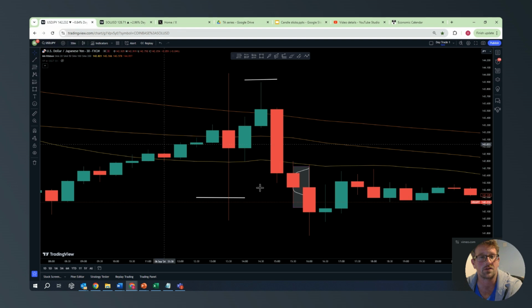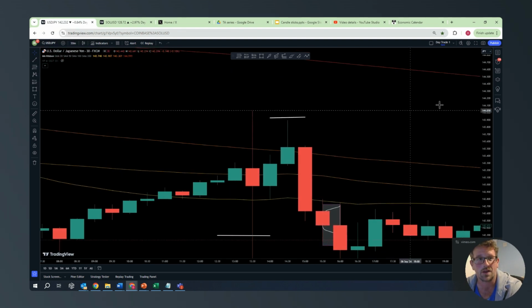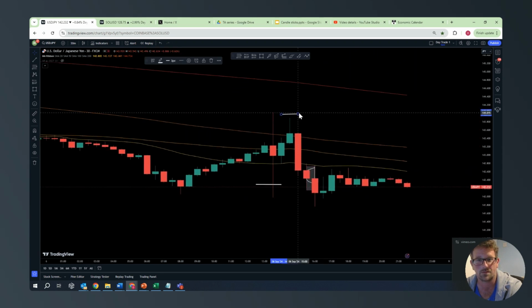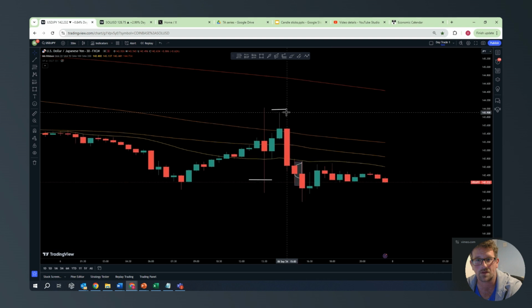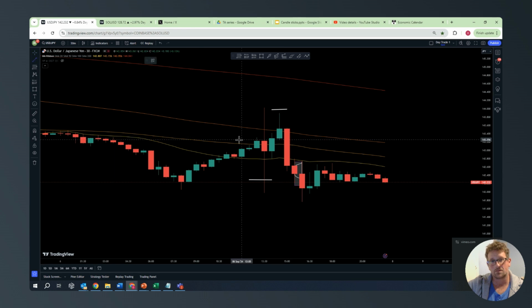So reversal, hammer and shooting star haven't. So you could argue that this on the 30-minute is a shooting star. This one right here. Okay. A shooting star is basically where the price has gone up, which you can see here. It opened low, so it opened here. Let me just highlight that. It opened here. It came all the way up to this top, and then the sellers pushed it over halfway down. You end up with kind of this,